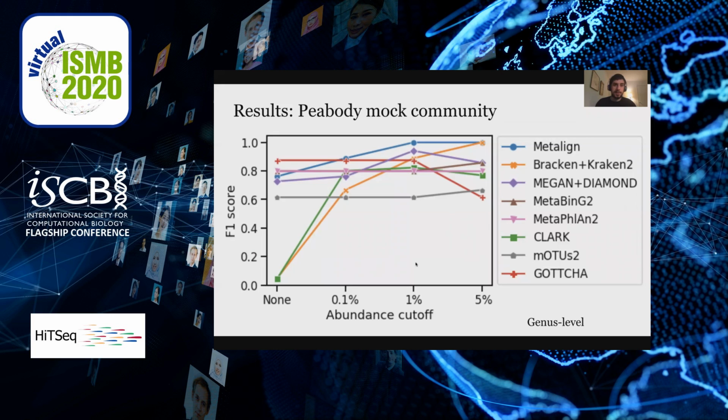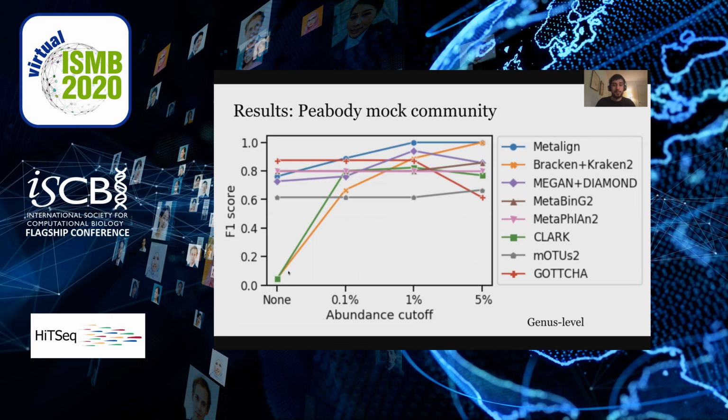And looking at the other data set, the Peabody mock community, Peabody et al. So here we looked at the F1 score. The abundance estimation isn't shown because it's hard to know the ground truth for that. But we do know which organisms are in the sample. And we looked at various different abundance cutoff thresholds. So again, removing organisms from the predicted sample if they're below this abundance cutoff,